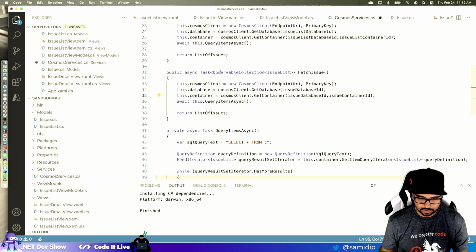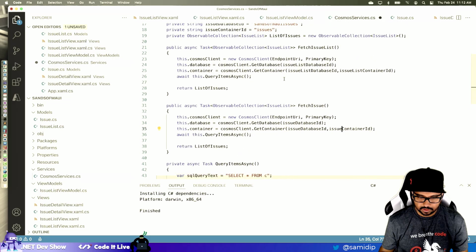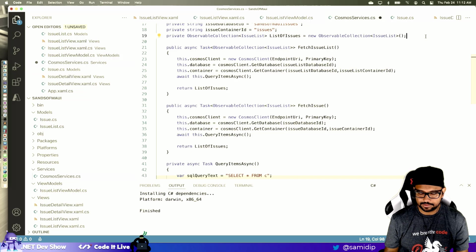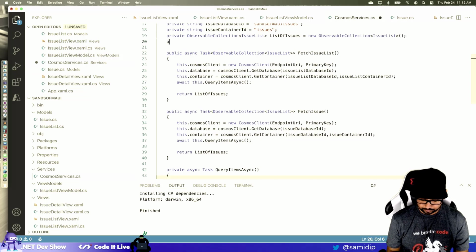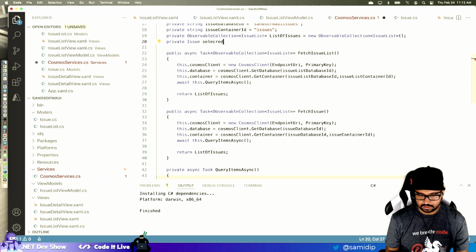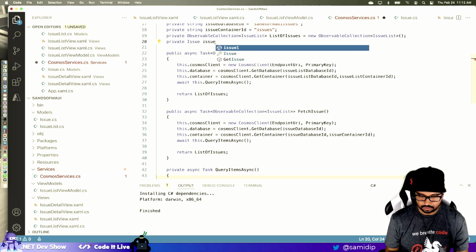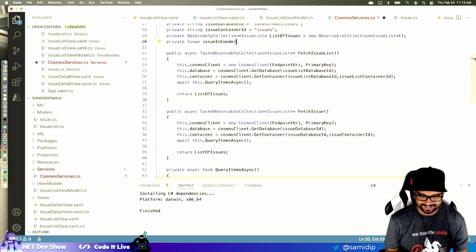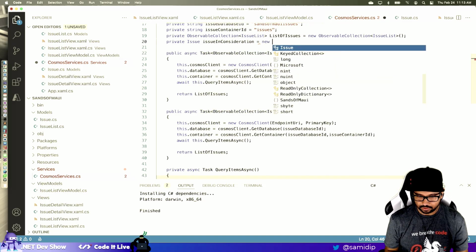All right, I don't need to return. This is on the Cosmos service, right? So let's do another private, and I'm just going to say an issue is what we are returning. List of issues, let's just say selected or issue in consideration. Bad name. All right, is a new issue.